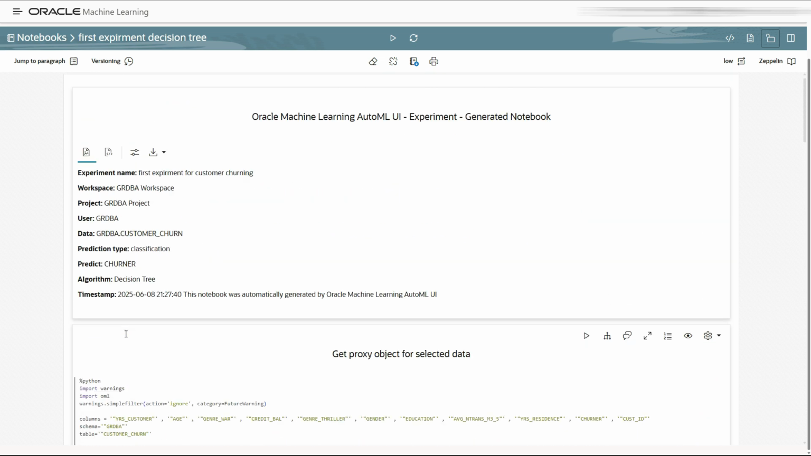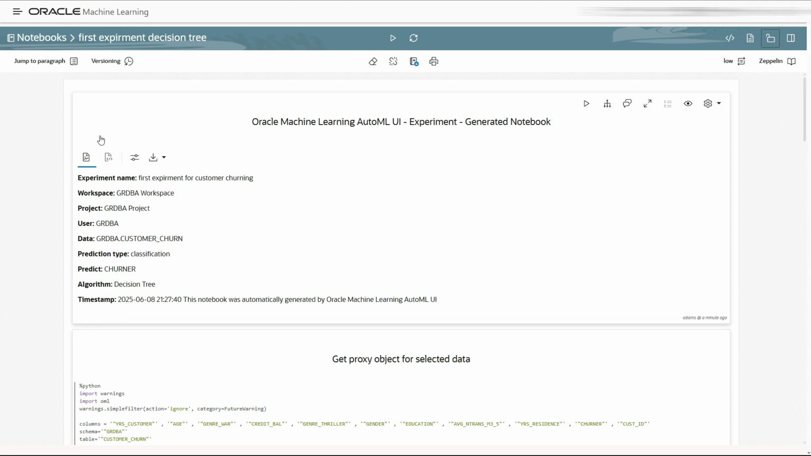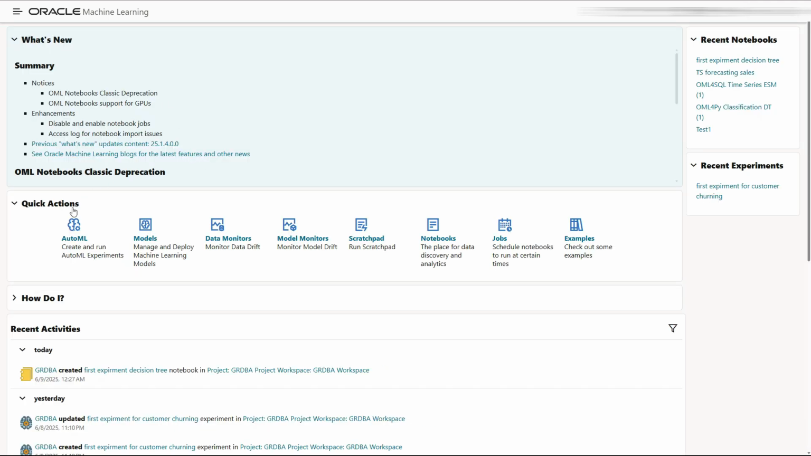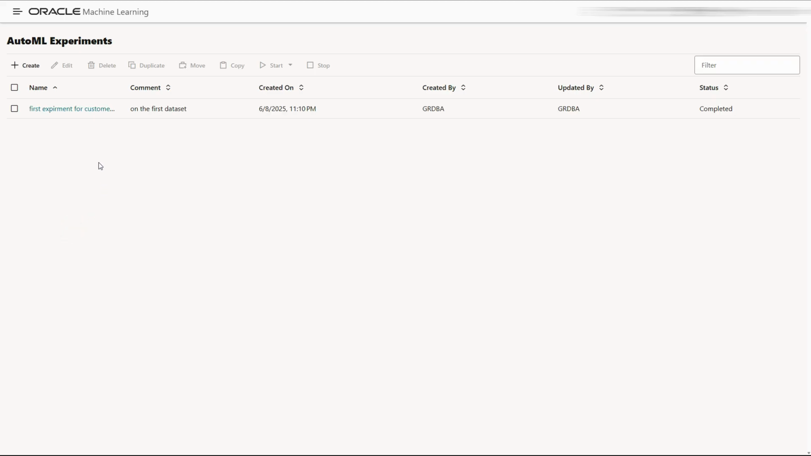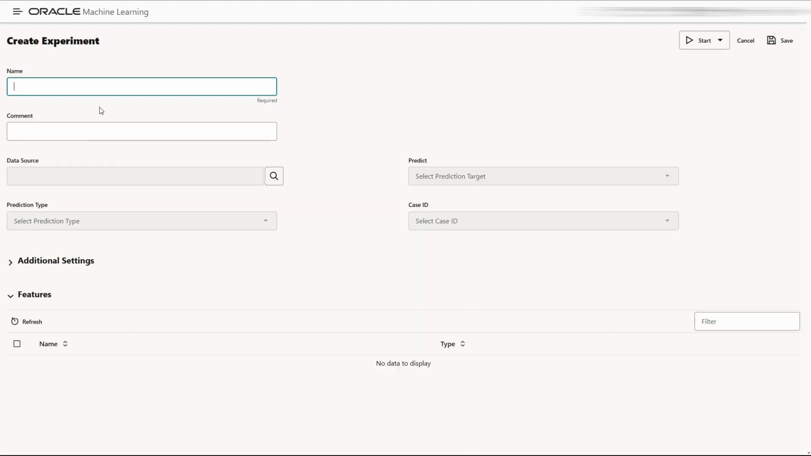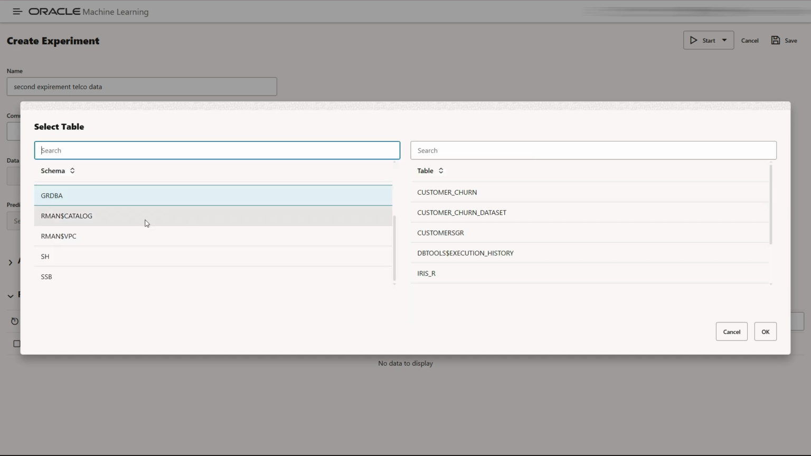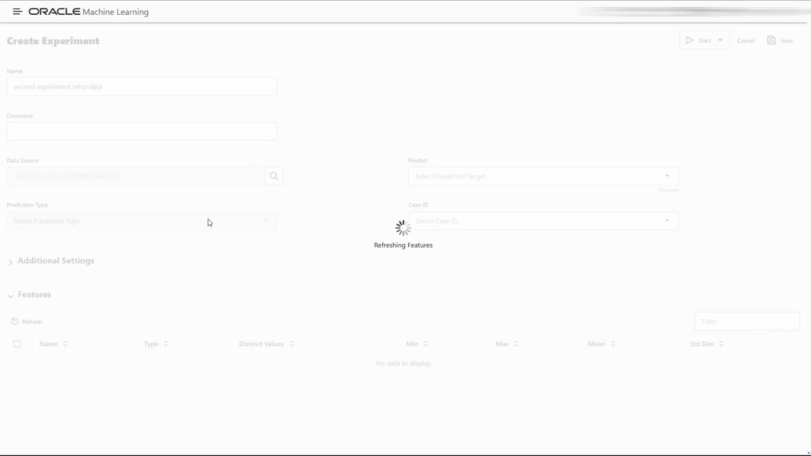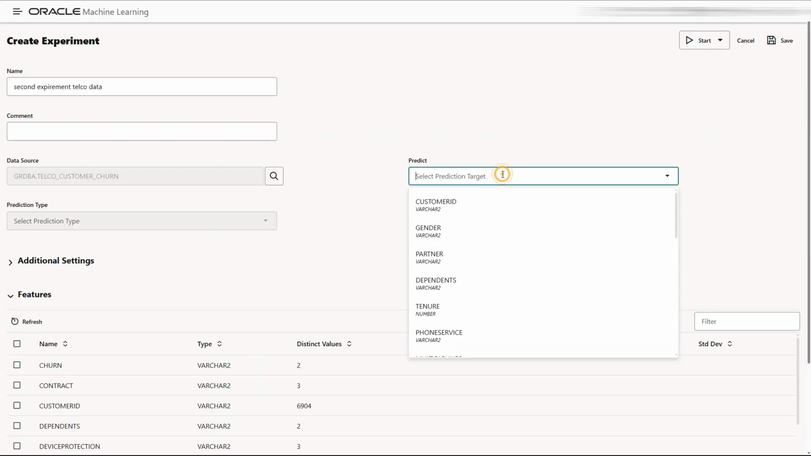Now let's do the same for the telco dataset. At the home again, we are creating a second experiment for the telco data. What is the table that we are going to use? Okay, and here we have the journal,